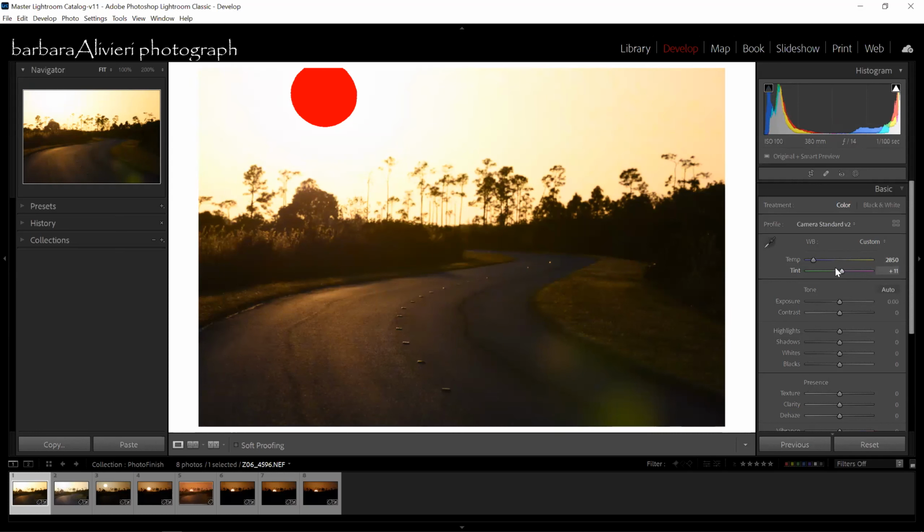So I'm looking here, and I'm looking at the roadway in addition to the sky, because the sky is going to be replaced eventually, but this is a good way. Now I'm in between this and this. So it's pretty close to what the auto was. I'm going to leave it at 11. And just for giggles here, I'm going to play with this and see what that looks like. Bring the temperature down. That's way too cool. So that was fine the way it was.